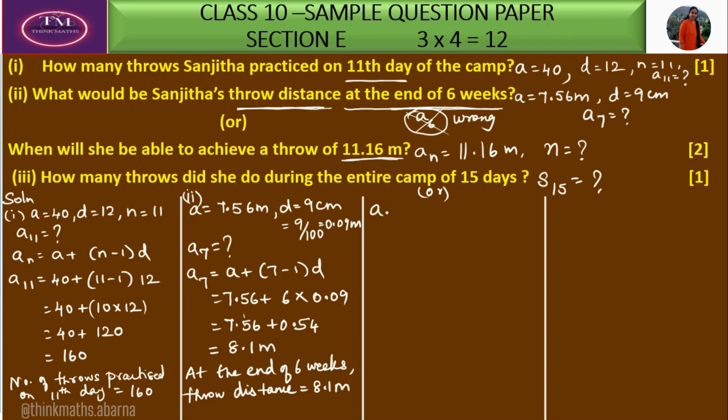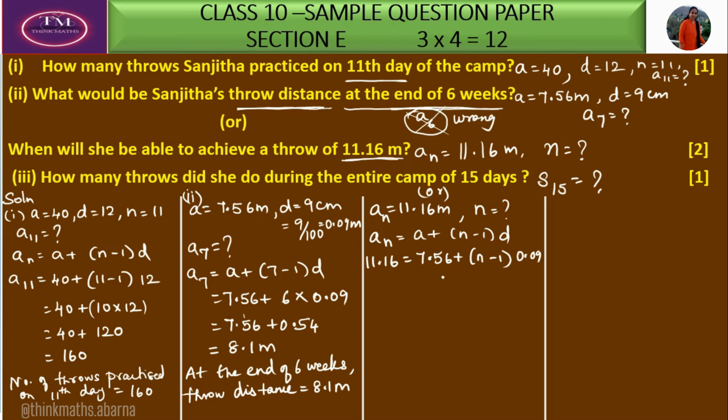So it is given that an is equal to 11.16 meters and we have to find out n. The same formula: an equals a plus n minus 1 into d. an is given as 11.16, a we already know is 7.56. We have to find out n. So n minus 1 into d is